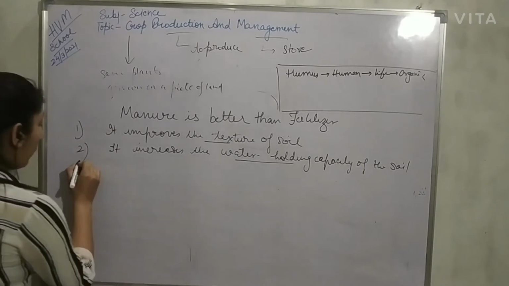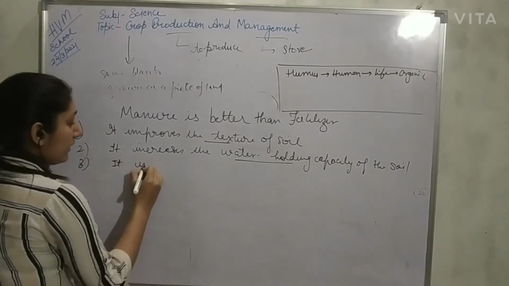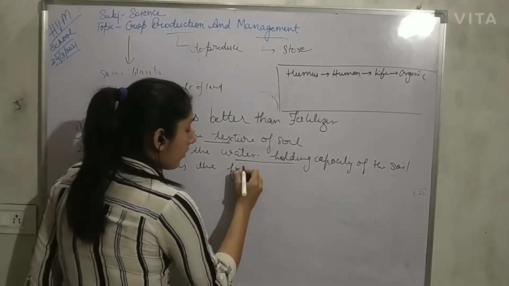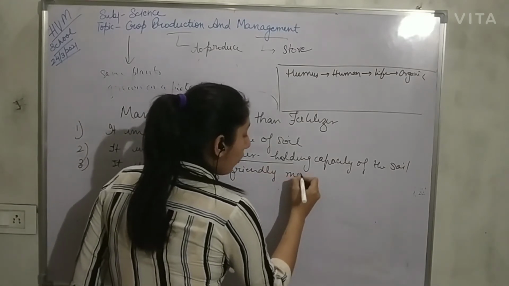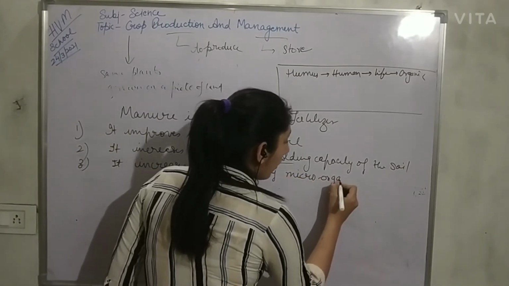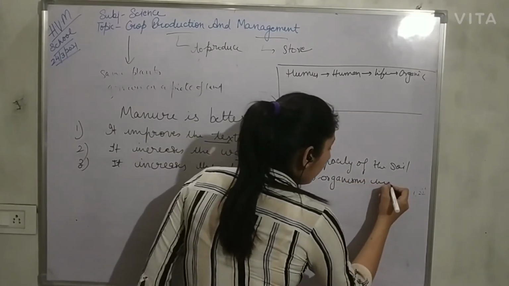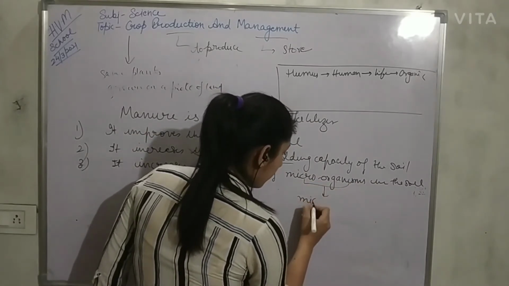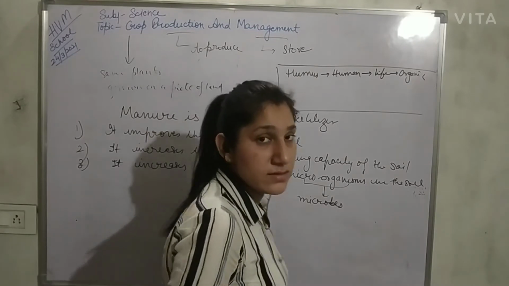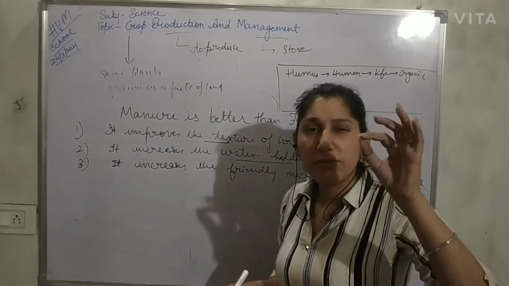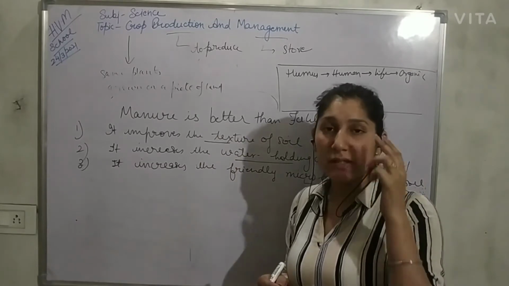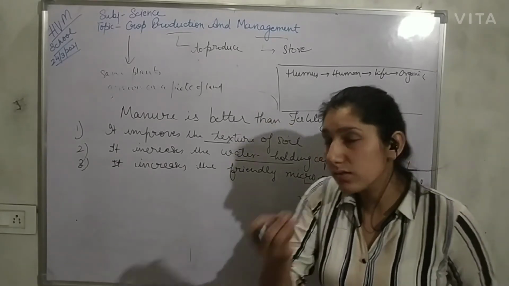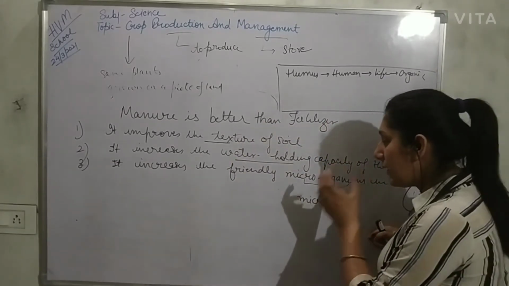Yes, other advantages are that it increases the friendly microorganisms in the soil. The short form of microorganisms is microbes. What are microorganisms? Micro means very, very small, that cannot be seen with the naked eye. We need special devices to look at these organisms. Organisms means life. So these are the